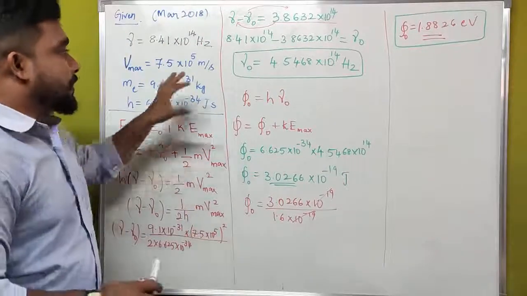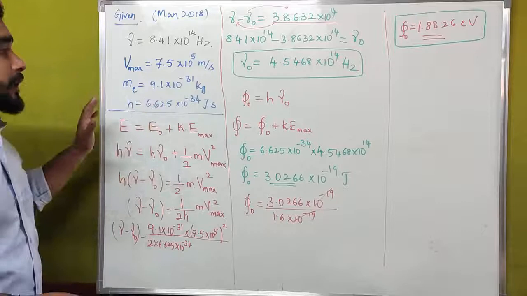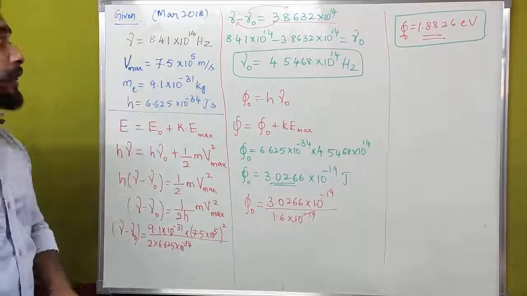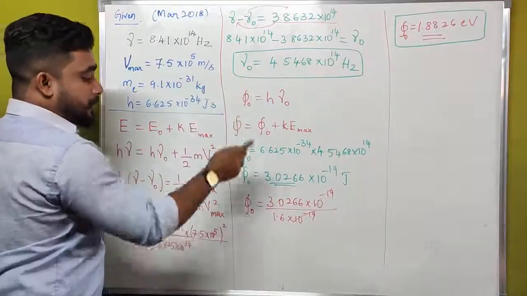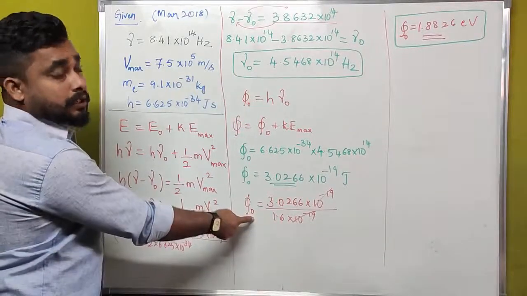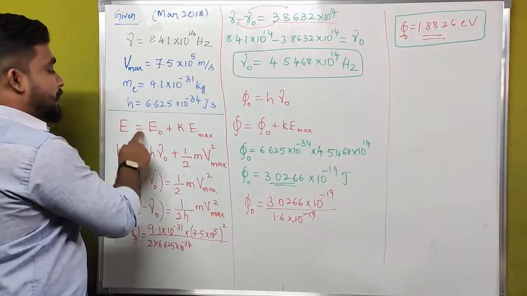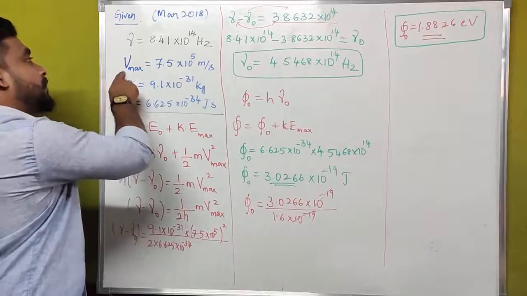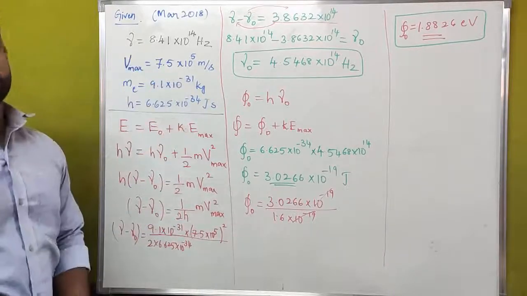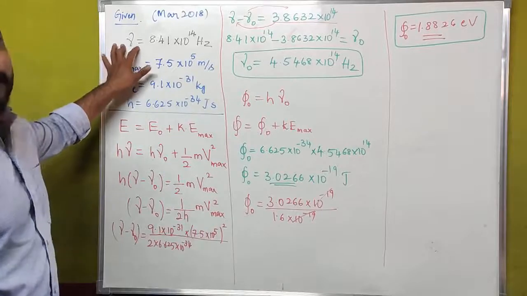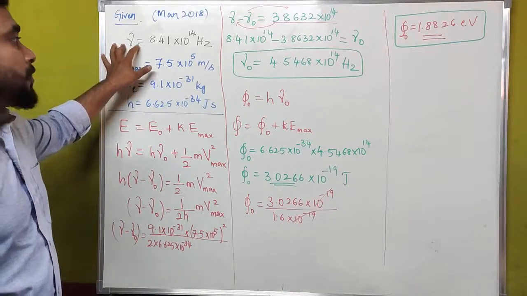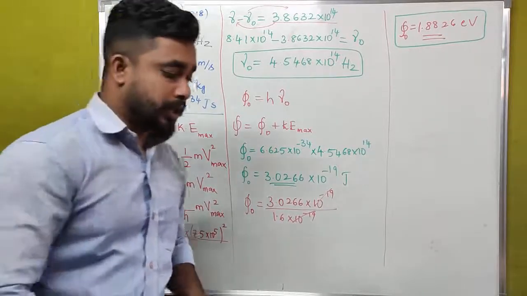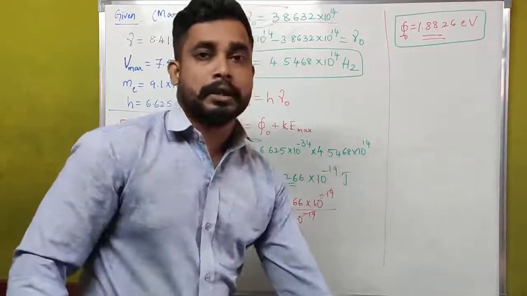Please understand this very carefully. If you don't get anything, please ask me later. Don't get confused between one thing and another. This is threshold frequency. This is work function. This is kinetic energy, mass of the electron, Planck's constant, maximum velocity. This is actual incident frequency. This is the incident frequency of light. Okay, photon energy.